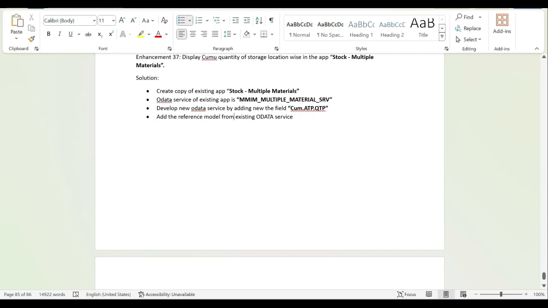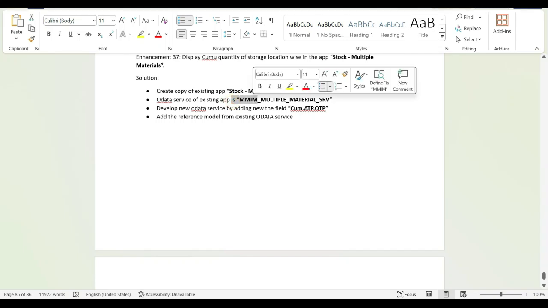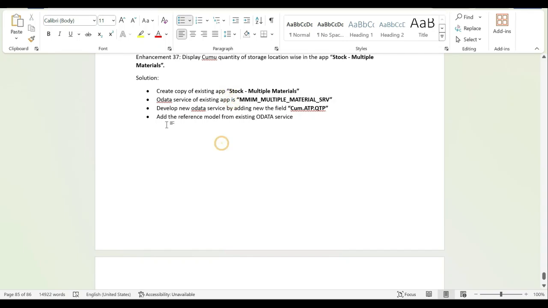Remember that every app in Fiori Launchpad is connected to one OData service. Through that OData service only, all the required logic and data will be retrieved. So this is the standard OData service assigned to this app. Then what we're going to do is develop a new OData service that will be assigned to our